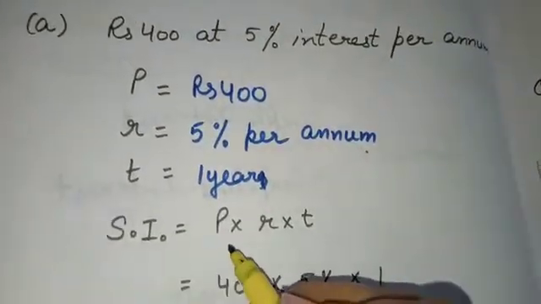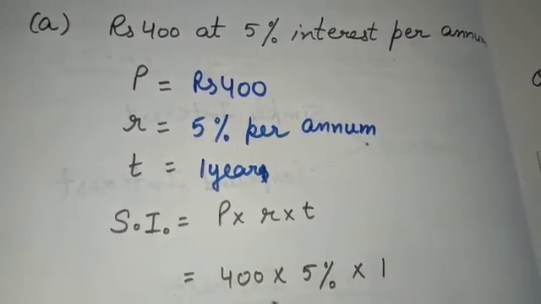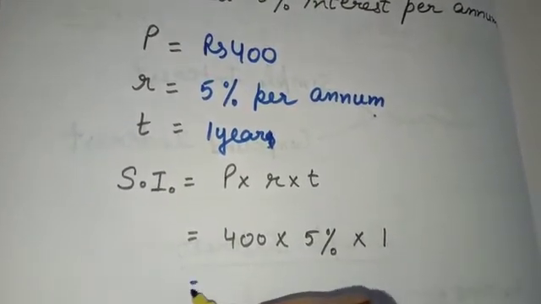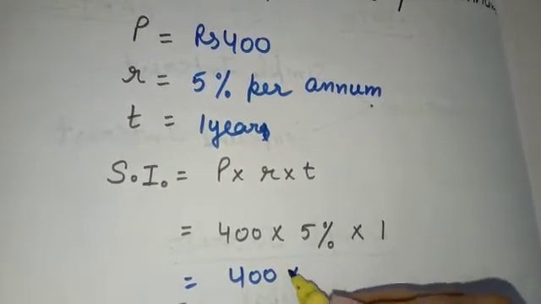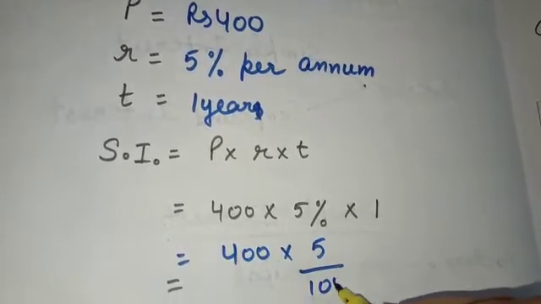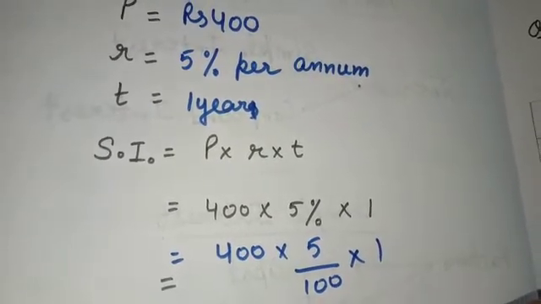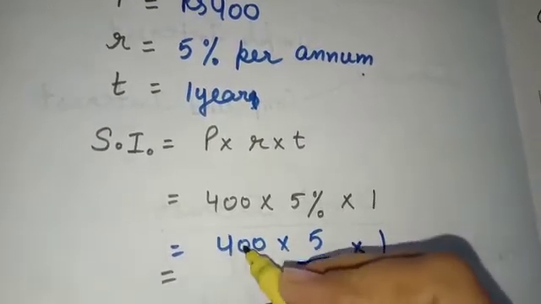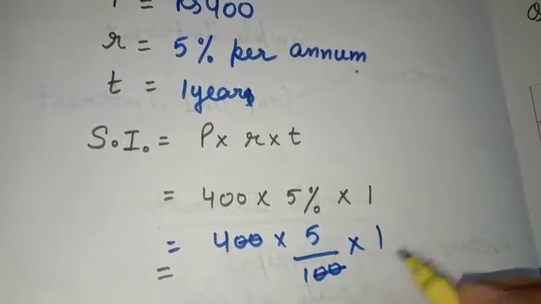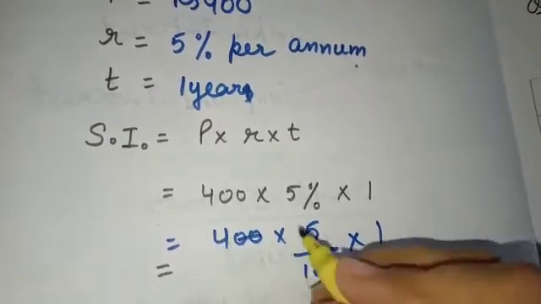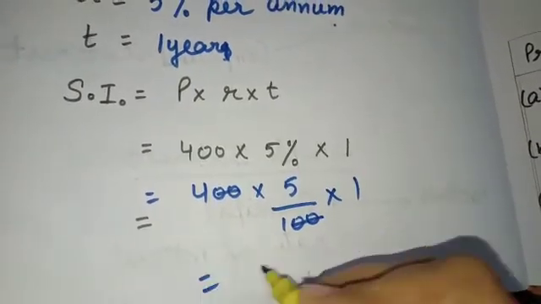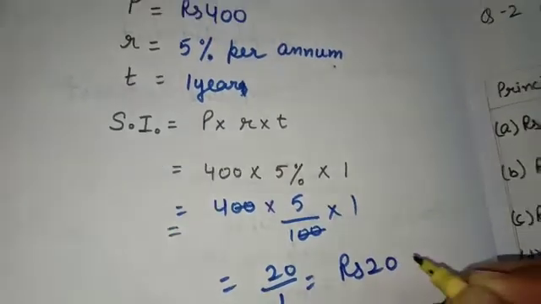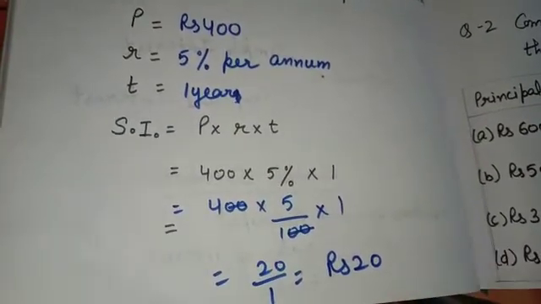These three factors are responsible for simple interest. Then the formula for simple interest: P multiply R multiply T, 400 multiply 5% multiply 1. Now, as we have studied earlier in our previous unit, to remove the percentage sign, we just write 100 in the denominator. 5 by 100 multiply 1. Then cancel as much as you can. These two zeros will be cancelled, and we don't have any denominator now. So 4 5s are 20, 20 1s are 20. So the simple interest is rupees 20. Okay, this is the first part.